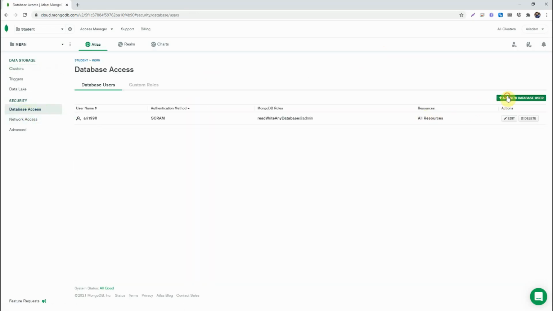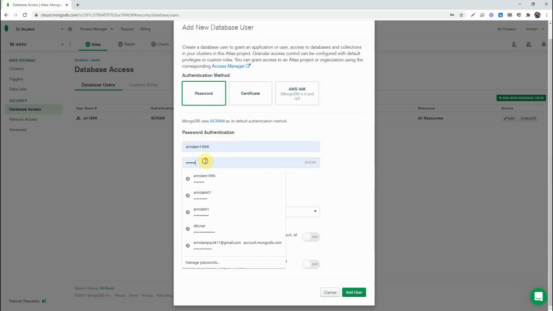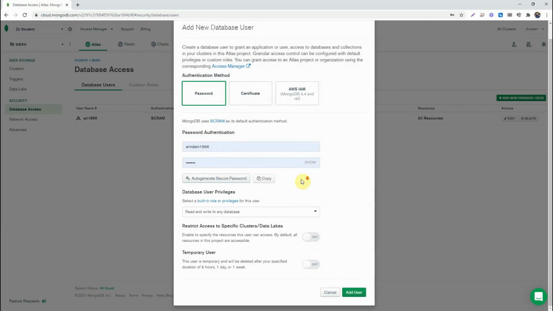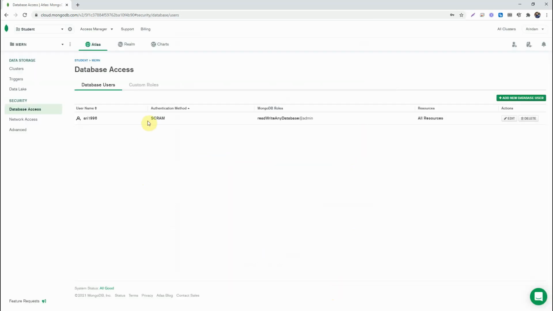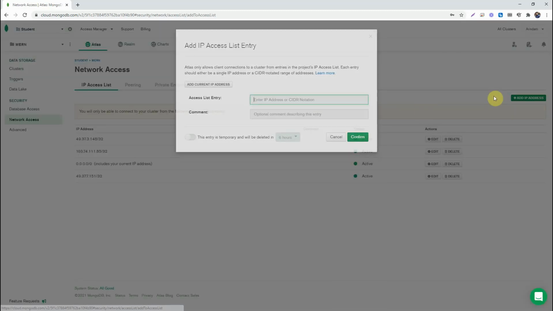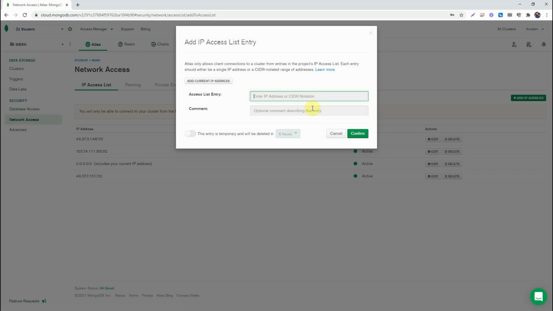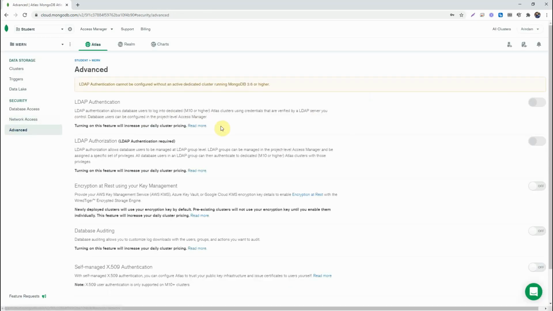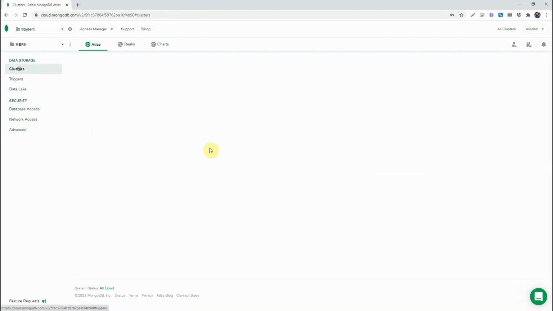You need to create one database user. Give some password and the privilege, and click on add. I have already created it. Another thing, network access. Go to network access, give your IP, add a comment, then just confirm. Only this much you need to do.